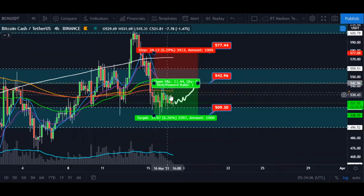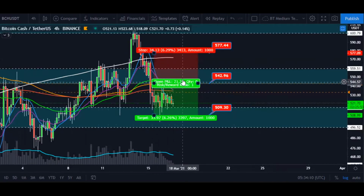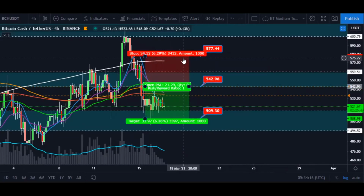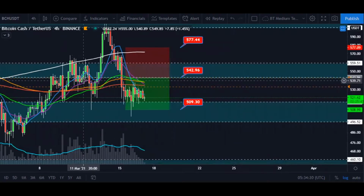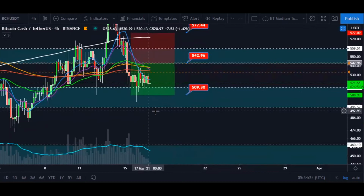I don't think that it's going to be necessarily a major swing to the downside. If we do go short here, we'll take some profits. But I do think overall this market looks like it wants to continue to the upside. That can change in a heartbeat, of course. And if we do see the market breaking downwards here and we can take some short positions, we'll be happy